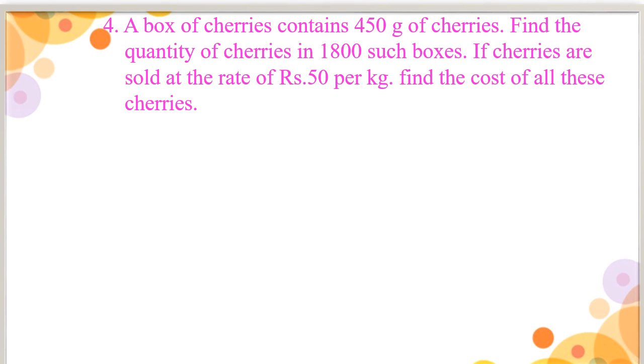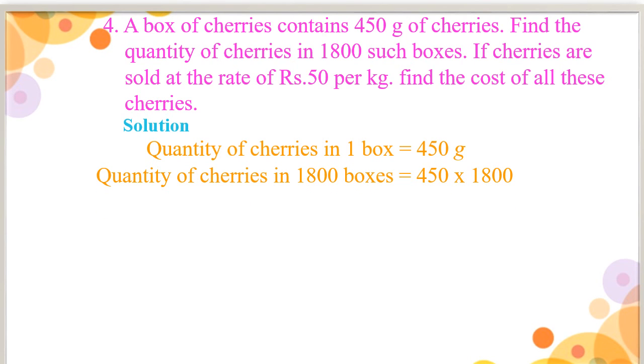A box of cherries contains 450 gram of cherries. Find the quantity of cherries in 1800 such boxes. If cherries are sold at the rate of rupees 50 per kg, find the cost of all these cherries. Quantity of cherries in one box equal to 450 gram. Now we want to find 1800 box. Quantity of cherries in 1800 box equal to 450 multiplied with 1800. What is that answer? That is 8 lakh